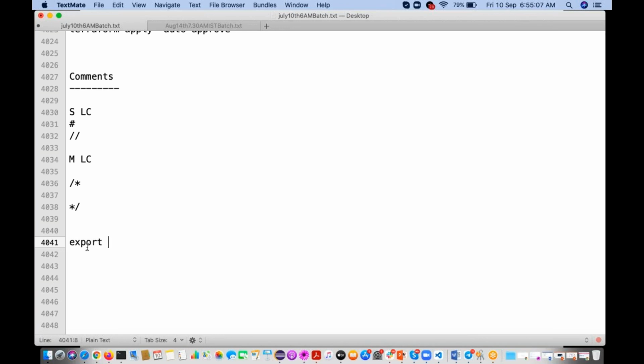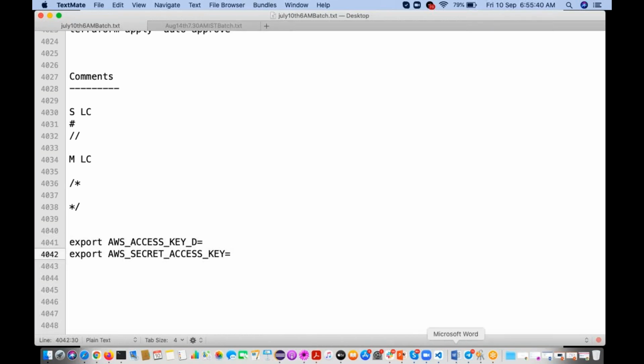We are going to use the export command. Okay, export AWS_ACCESS_KEY_ID is equal to the access key ID you can pass. Same way, export AWS_SECRET_ACCESS_KEY is equal to the secret key you can pass.